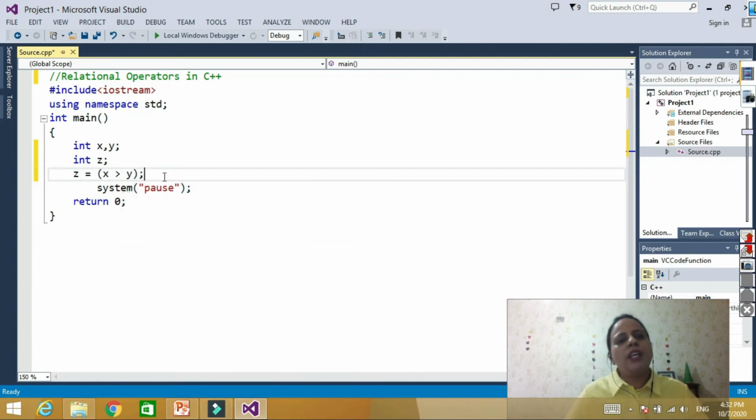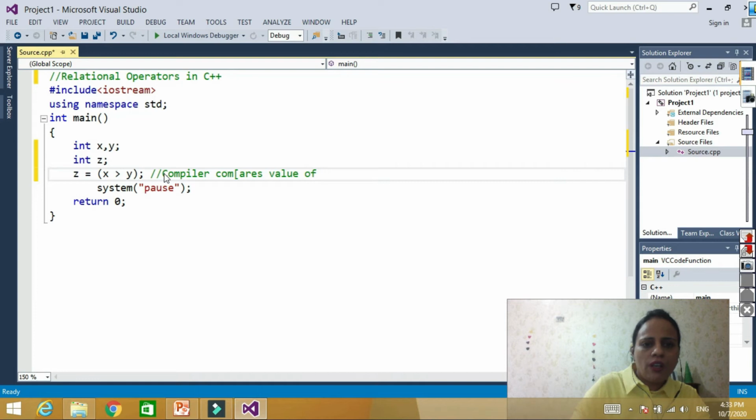The compiler compares the values of x and y. If x is greater than y, then z will be 1, otherwise z will be 0.